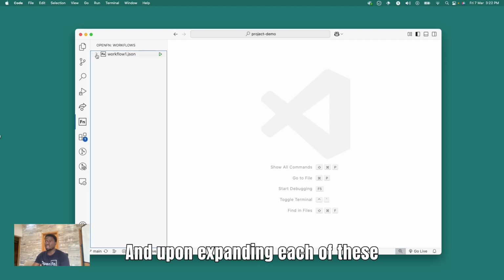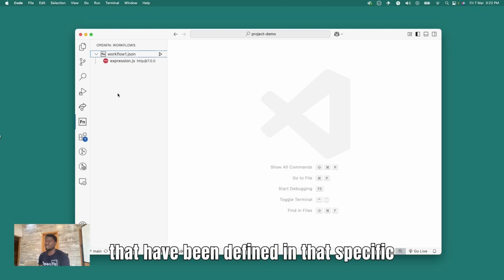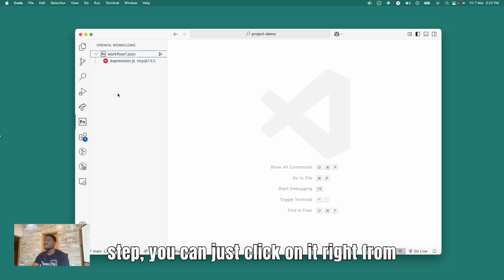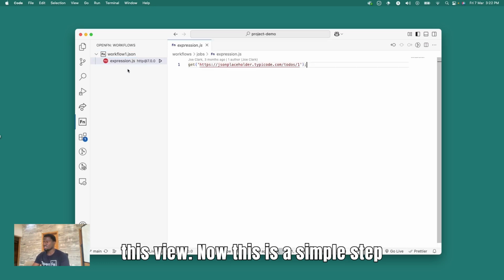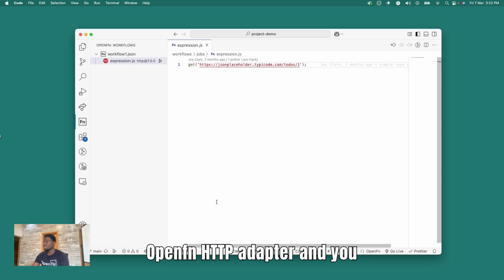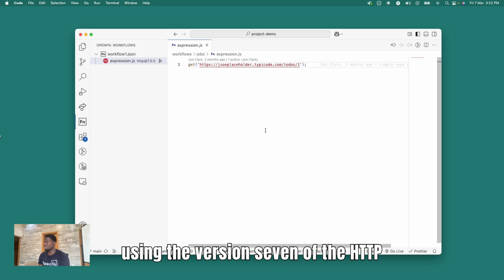And upon expanding each of these workflows, it's going to list the steps that have been defined in that specific workflow. And to view the source of a step, you can just click on it right from this view. Now, this is a simple step that makes use of the OpenFn HTTP adapter. And you can see right in the status bar, it says we are using the version 7 of the HTTP